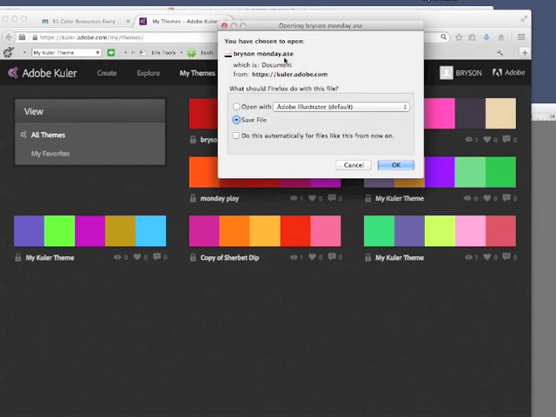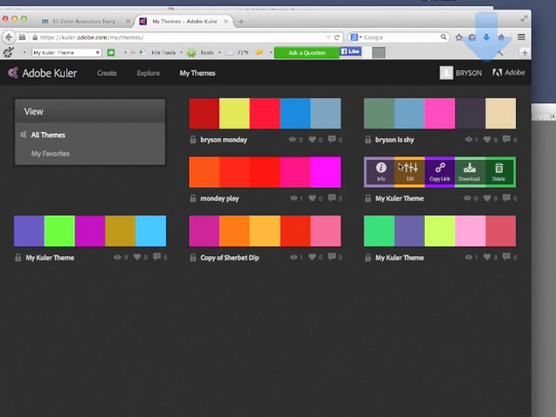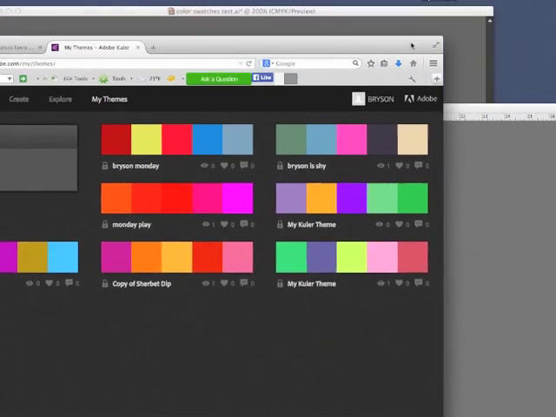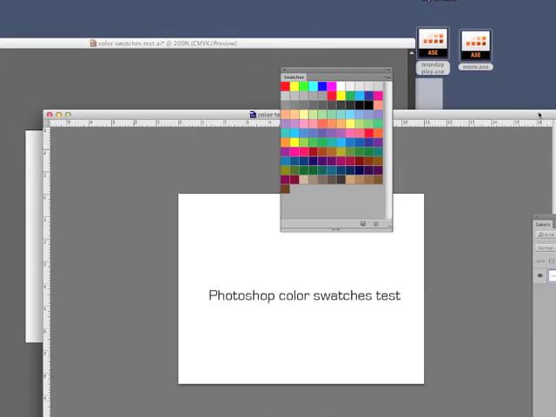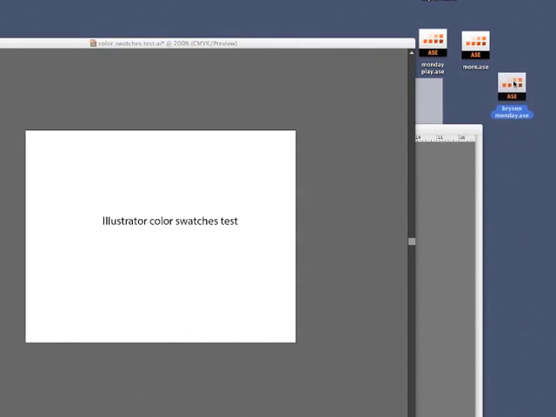The other thing to notice is this file extension. This is a .ase file, which stands for Adobe Swatch Exchange. This is a good one to use and to know because the Swatch Exchange files will allow you to upload these colors to Illustrator, Photoshop, InDesign, or any Adobe program. So it's a very versatile format. So I'm going to save it, and I'll move these windows out of the way quickly to show you the file that I just saved,